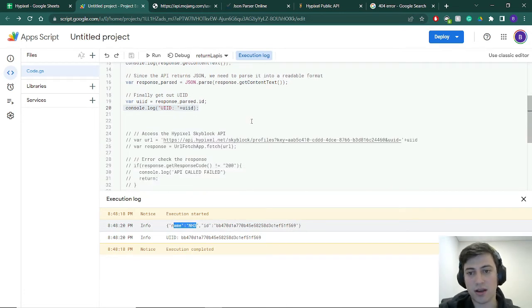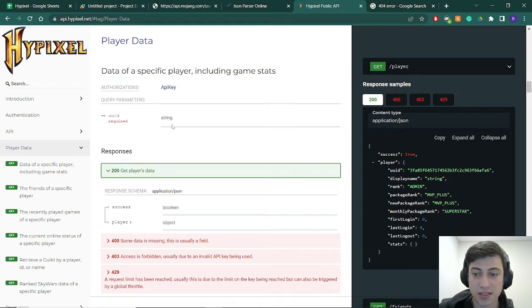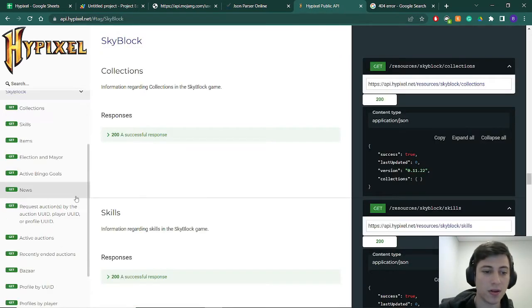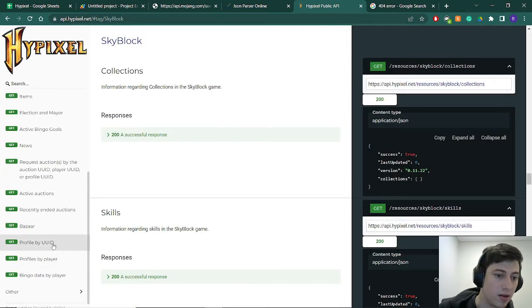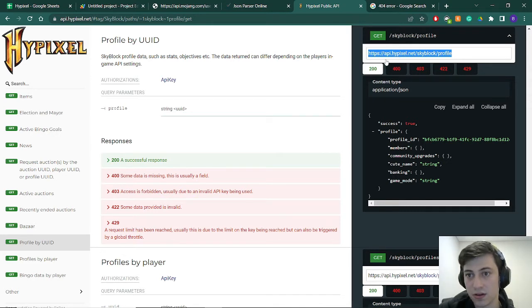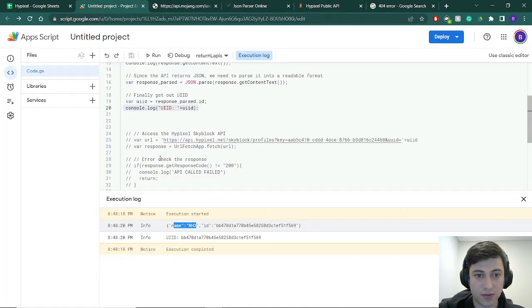Okay, so now we are going to move on to actually accessing the Hypixel API. So you'll need to click on this link now. It's a bit confusing if I'm being honest with you, but it makes sense once you understand what's going on. You want to go to Skyblock, and then Profile by UUID, and you'll see that they give an example, and they give where we need to send our next GET request to. So we're going to be getting a bunch of this data. So if I just uncomment some of this code,